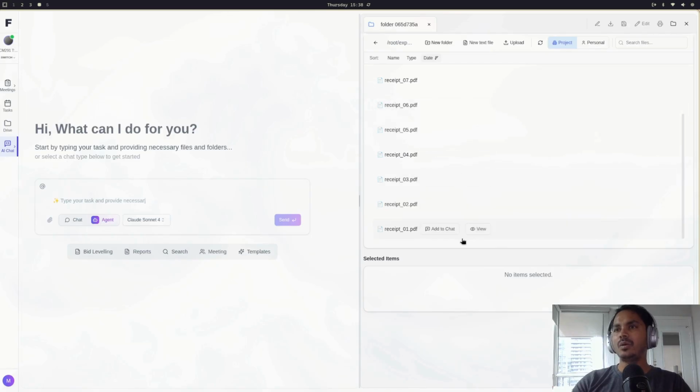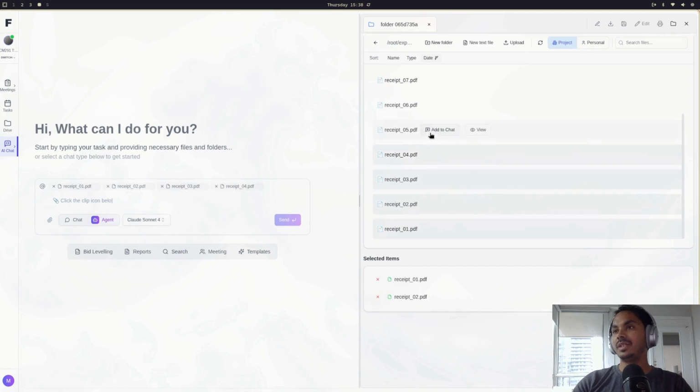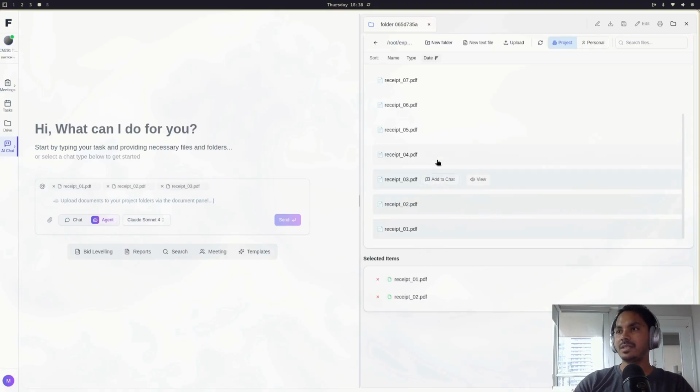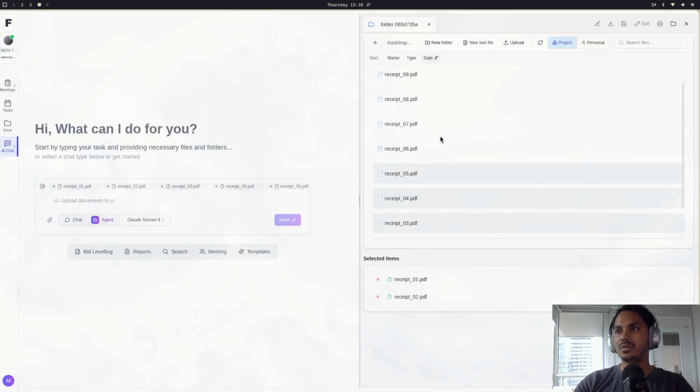I have added all these receipts in this folder, and I could go through each of the receipts one by one and create an Excel sheet. I go through one by one through each of them, and I can create an expense sheet. Alternatively, I could use Flowlly, so I can attach all these receipts to my chat, so it's easy. I could even attach the folder, but